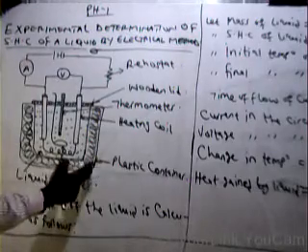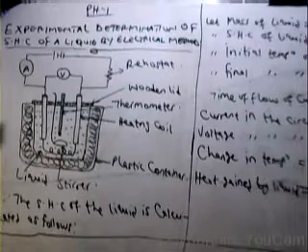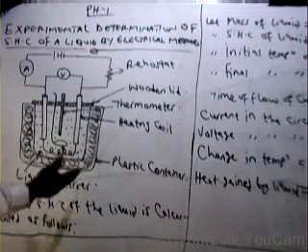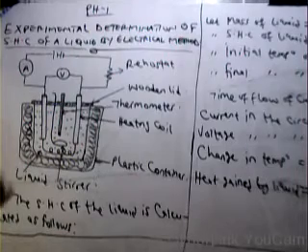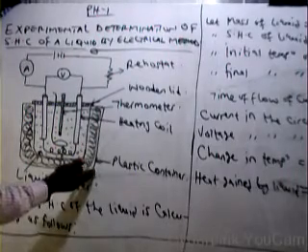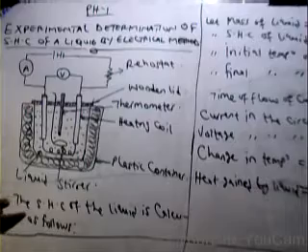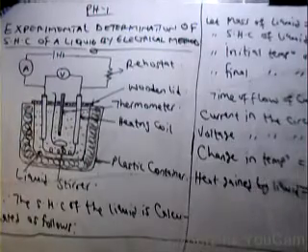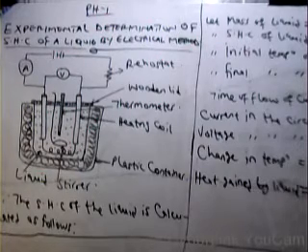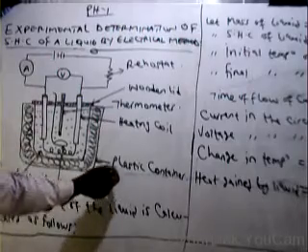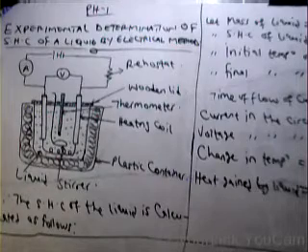Now, we also have a plastic container used in this particular experiment. Why use a plastic container? Why can't we use a metallic container? Using a metallic container, we must understand one thing, that a metal is a good conductor of heat. So using a metallic container here, we give room for the exchange of heat energy between this particular system and the surrounding. To prevent heat loss to the surrounding, we need to use a material that is insulating in nature. So that's the essence of using a plastic container, so as to minimize the amount of heat energy that is going to be lost to the surroundings.